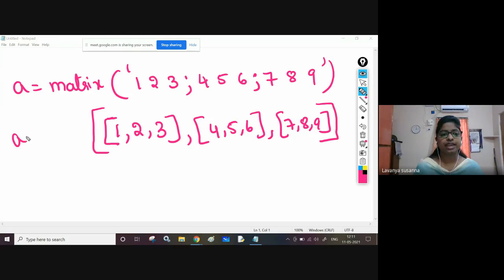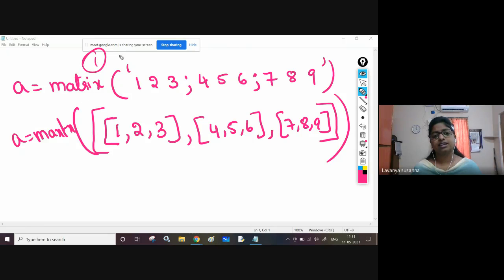Now use A equal to matrix of, like this. Okay. First row elements must be specified in square brackets separated by commas, and next row elements must be specified in square brackets separated by commas, and then again you need to close the square brackets, and then you need to provide it in matrix. Okay. First one is very easy, right? Creating the first one is easy, right? It is just like giving a string. Two ways, you can use any of the ways, this or this.